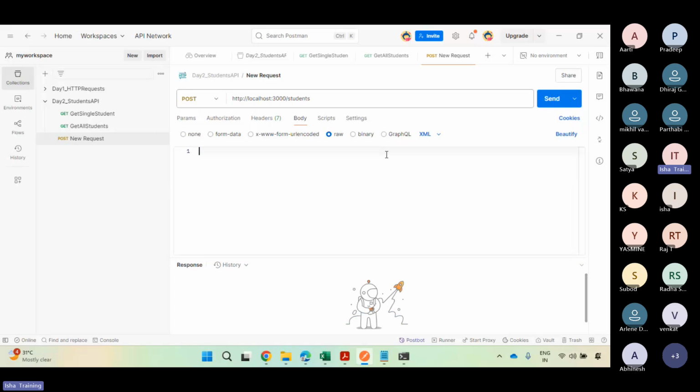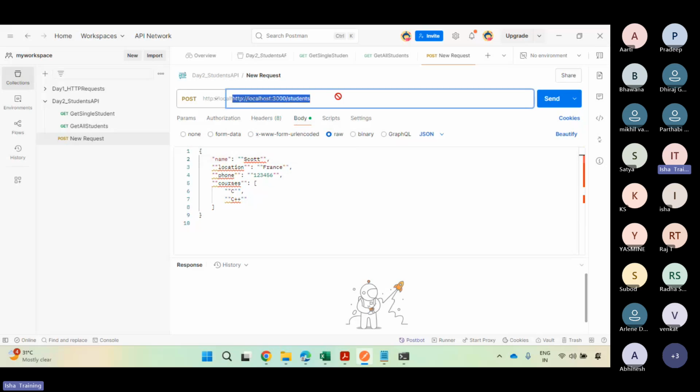All right. So in this case, it is a JSON data. So select JSON under this raw. So paste that. So once you paste that, you can see here, this is what a JSON data, right? So which you need to send along with this request payload, right? Along with this URI. Let me try to specify that inside